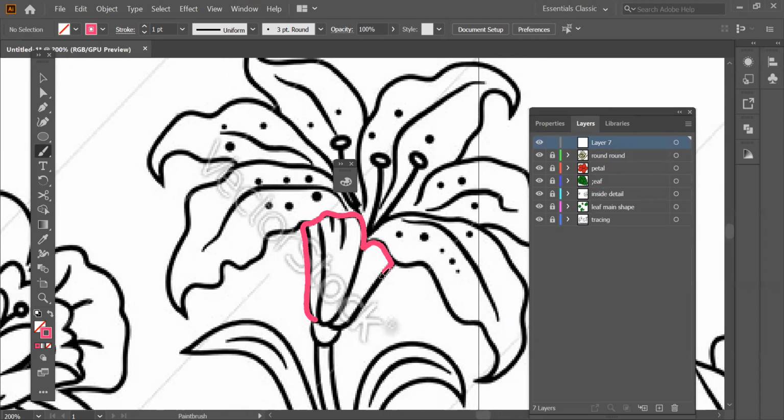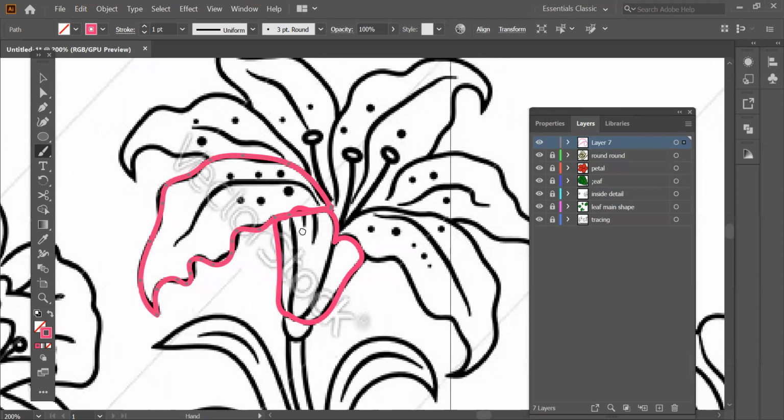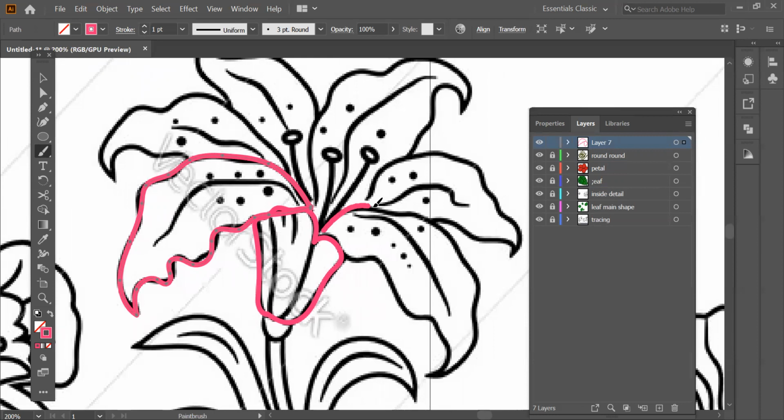So I'm using my brush tool. You can use anything, brush tool, pen tool, whatever you like. Now this one is done. Then I can draw my petals into this one itself because I want to fill the same kind of petals also. I'm just going to make each petal. See, the brush tool will take a little bit of practice, like 1-2 days, but once you do, it will be much easier to use. And now see this petal is also done.